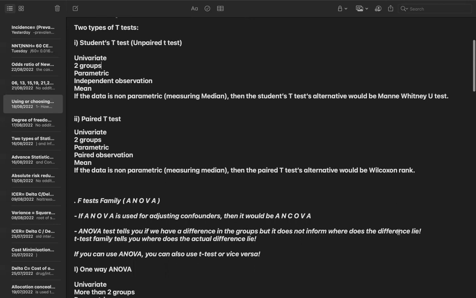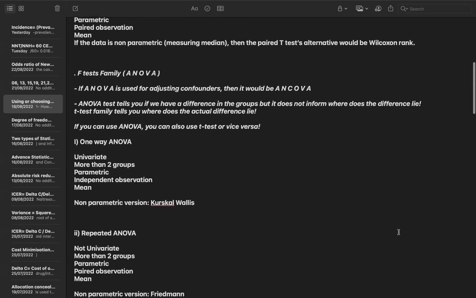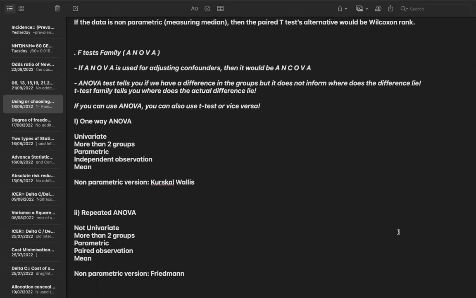Got it? Moving on. Then we have another family, which is the F-test family. We also call it analysis of variance, or Anova, right? Now see, Anova, you must have come across,